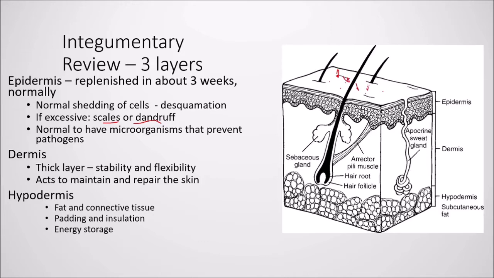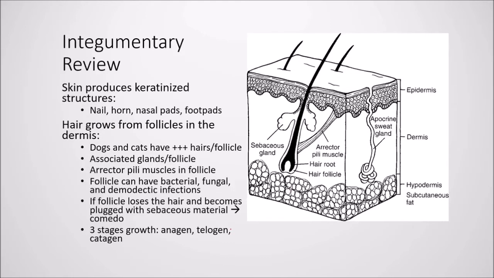So that's the epidermis. The dermis has a thick layer. It has stability and flexibility. It acts to maintain and repair the skin. The hypodermis has fat and connective tissue. It provides padding and insulation and energy storage. The skin also produces keratinized structures like nail, horn, nasal pads, and foot pads, and hair grows from follicles in